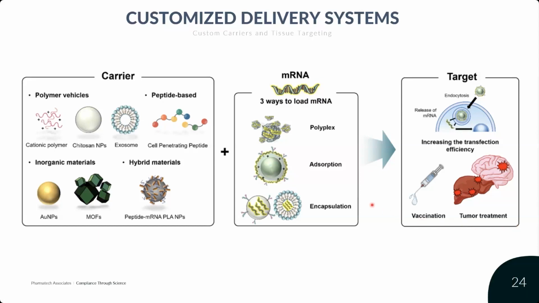And so that certainly is, I think, one advantage of using different delivery systems, because if I've learned anything over the years, it is there is no one solution that exists in any scenario. So really being able to engineer something specific for, let's say, a liver or spleen,